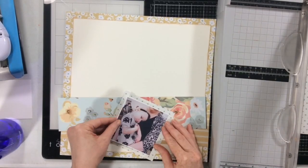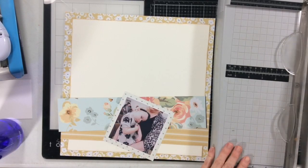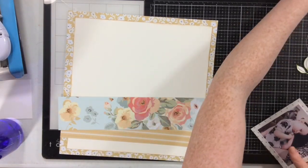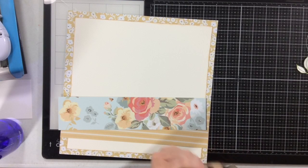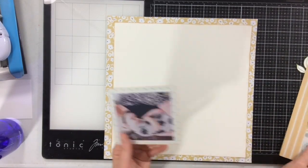So I'm going to put that there, and then that gives me just a little bit of that paper. I'm going to put it off to the side. We are not throwing away scraps. We need all of the paper. So I'm going to go ahead and ink those edges of that flower, and then I'm going to trim down